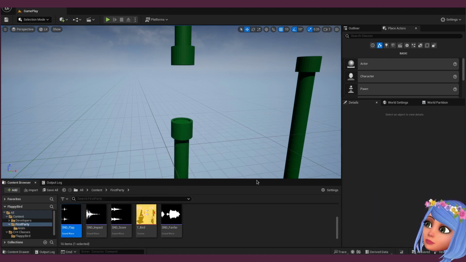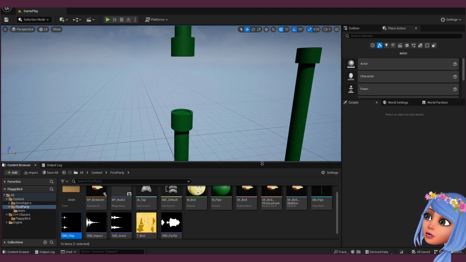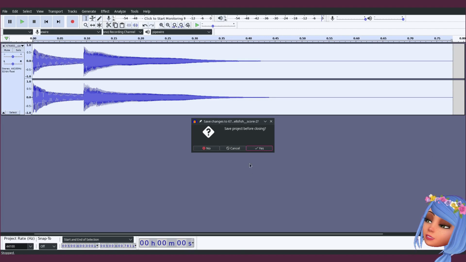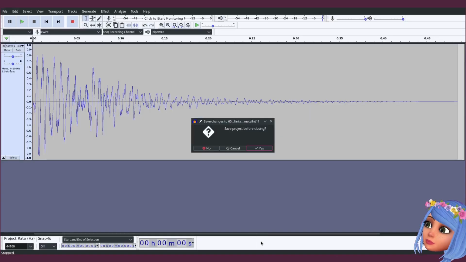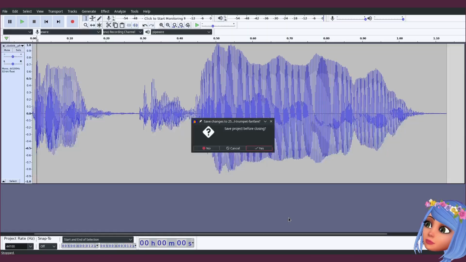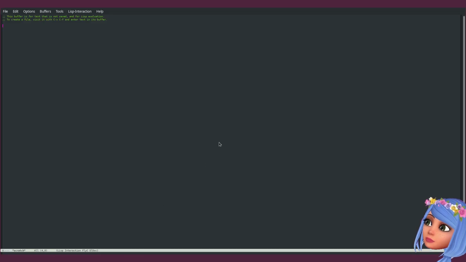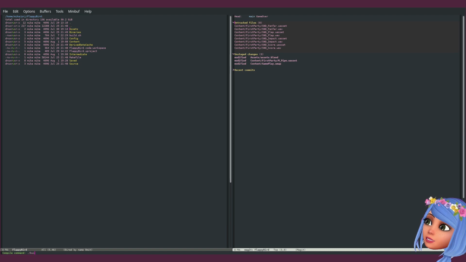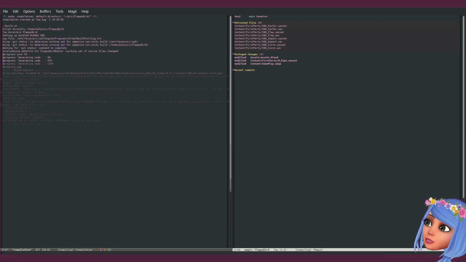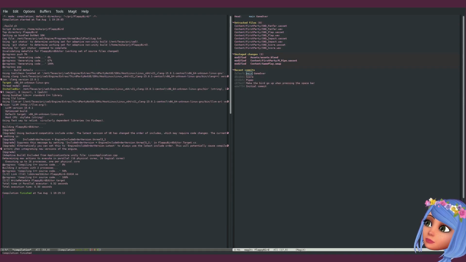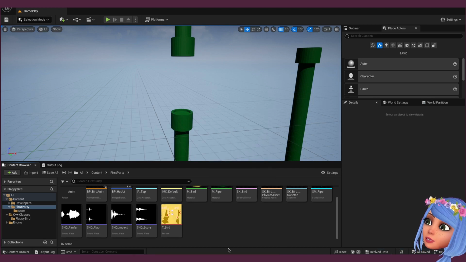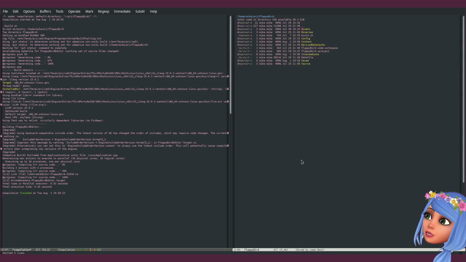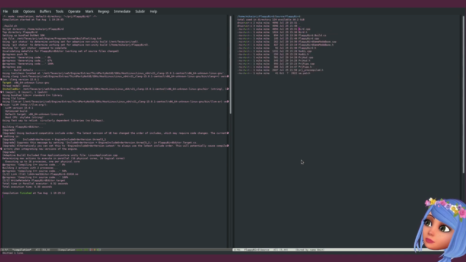And let's add all these sounds into the game. So let me close everything. Project Flappy Bird. So adding sounds is relatively simple.